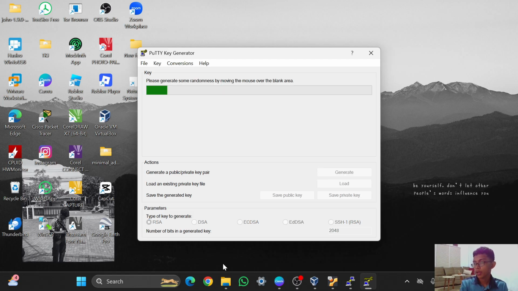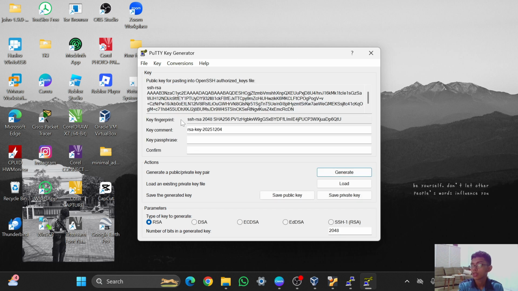We can wait for it, and we can make it faster by sliding our mouse. And in here there is the key fingerprint, which is this one, and key comment. For the key passphrase, I will change it into this one. I will make it secret, and then I will save the generated key.